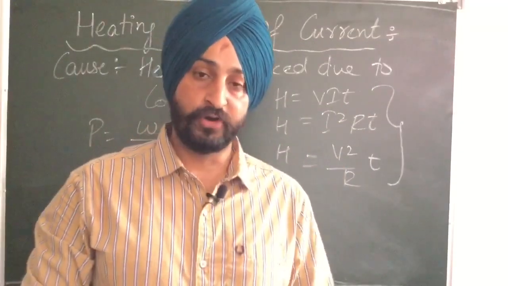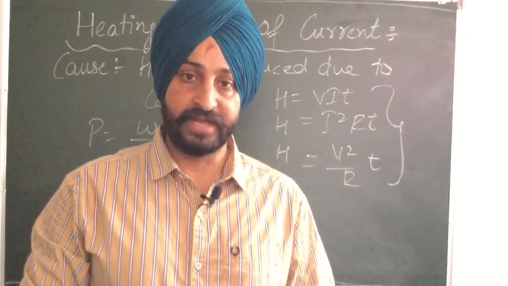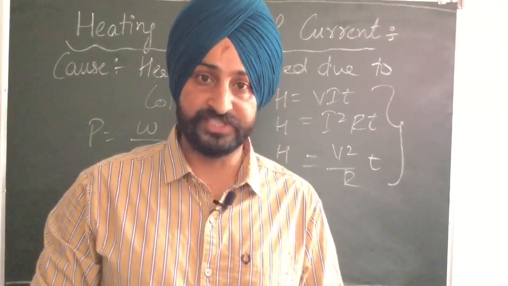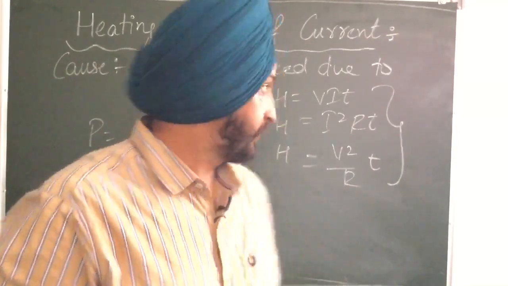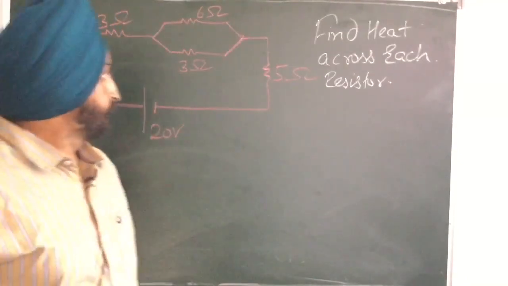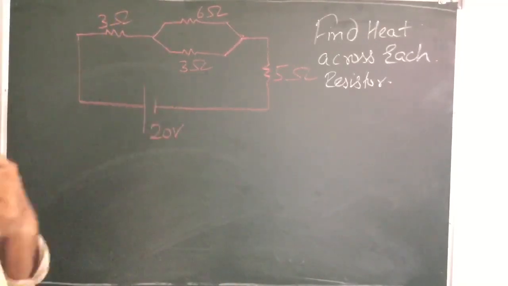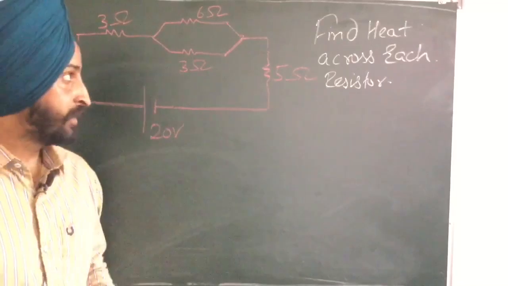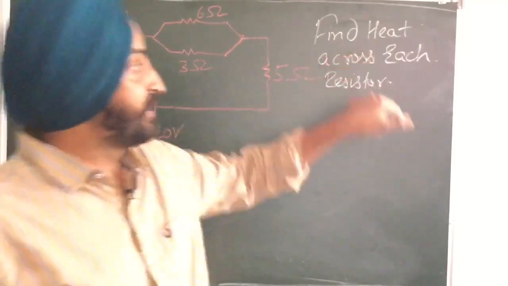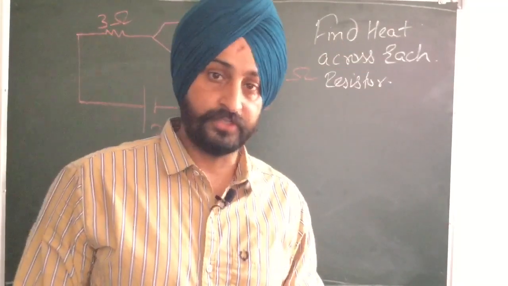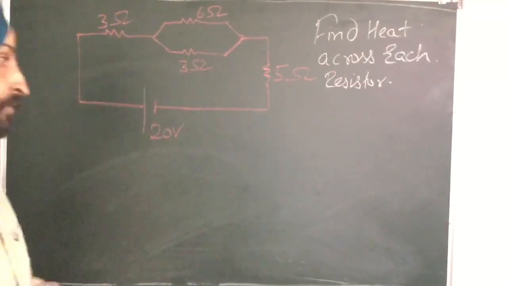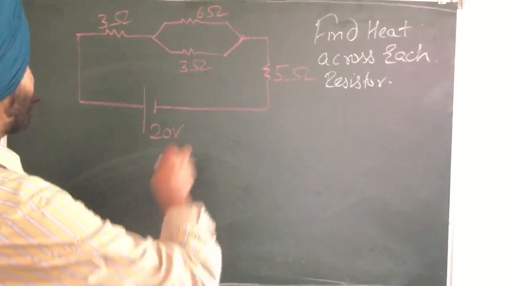Having done these formulas, we will proceed to a numerical, to see how we can calculate the heat produced in a particular resistance. So let's do a numerical. Here is our numerical. We are given a circuit with a number of resistors connected to a potential source of 20 volt, and we are asked to calculate the heat produced across each resistor. So we will have to find heat across all these resistors. Now to do that, firstly